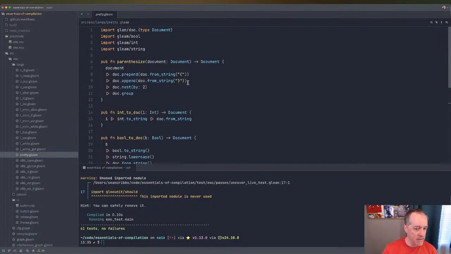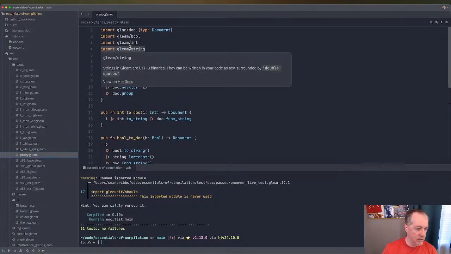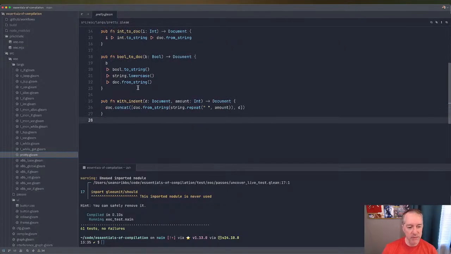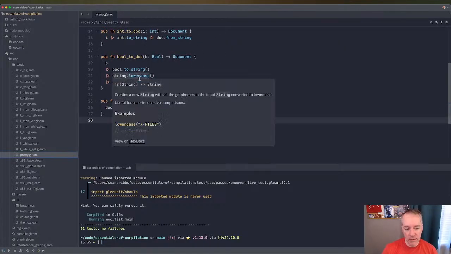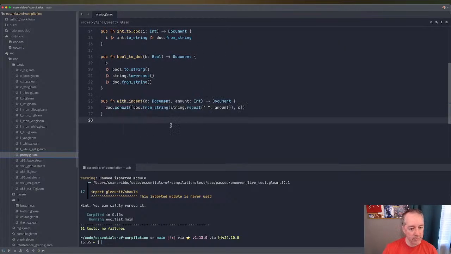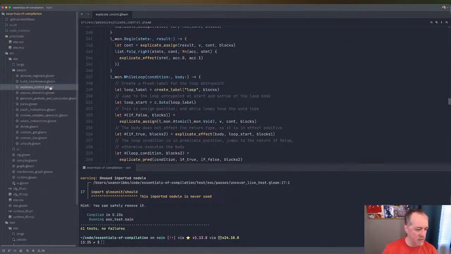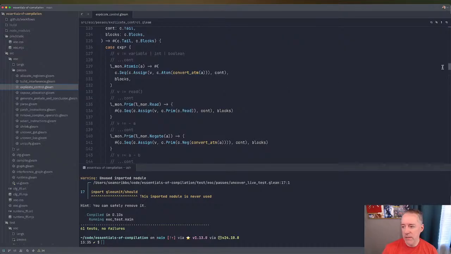Yeah, so we had this helper module called pretty, and it's just giving us the stuff to be able to output some things to plain text. So I think that let's look at our explicate control pass, because I believe what we were outputting there,